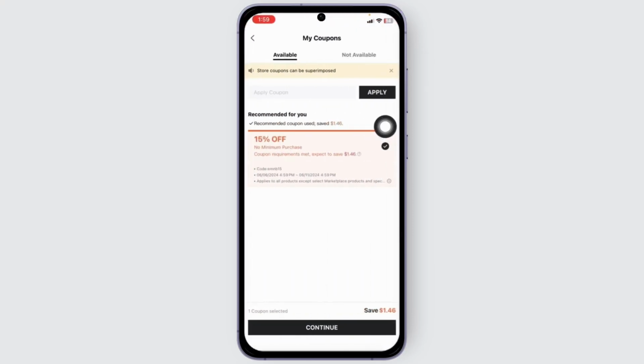After that, you may just apply the coupon that is available to you, tap on continue, and go on with the process of applying the coupons and check out after that. So therefore, just follow that method and you should be able to use coupons on